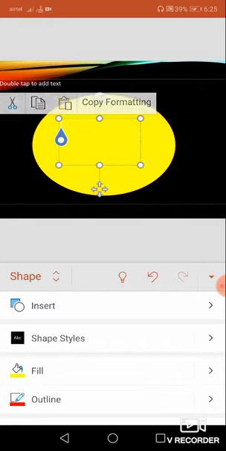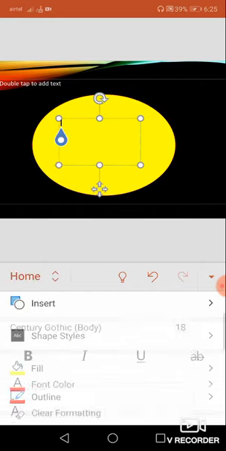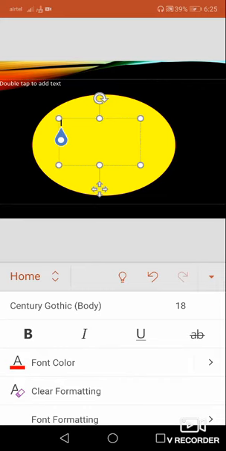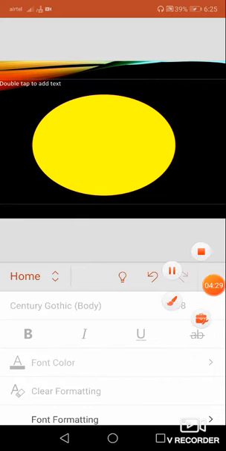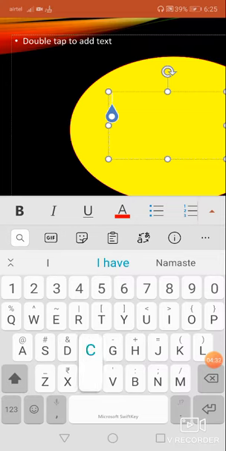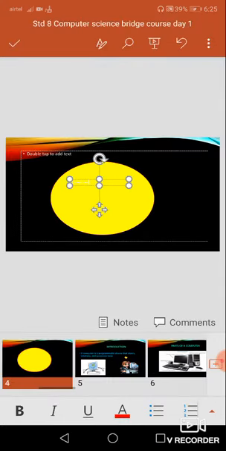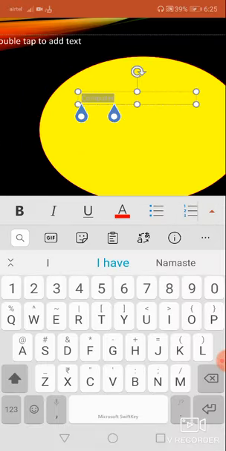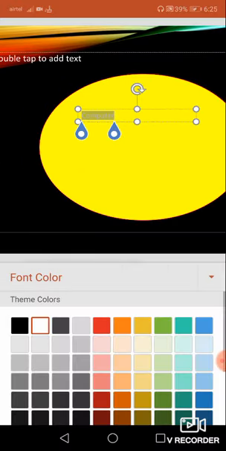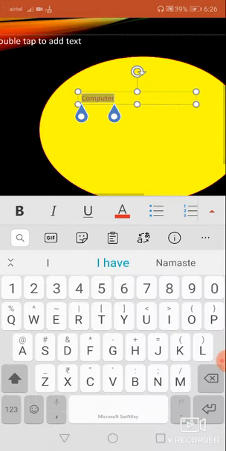Okay, just double click on that, go to the home page and then double click, and now you can type inside your symbol. Okay, the color is not visible, so it is typed in white color. Now I am going to change the font size and color, and I am going to give the color as red now, and I am going to make it somewhat bold.